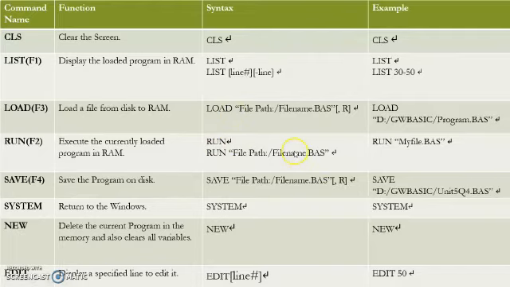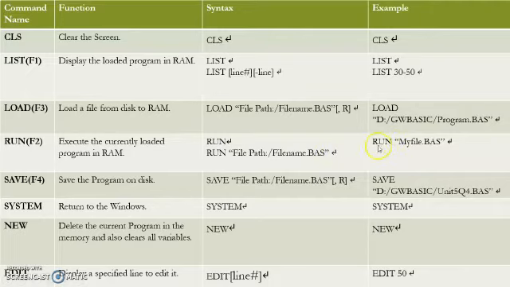Then there is another syntax by which we can load a program and execute it with the run command. How will we use this command? For this purpose, we will type the run command, and within double quotation we will write the file path and file name with its extension. After closing the inverted commas or double quotes, we will press the enter key. So the specific file will be loaded and executed.